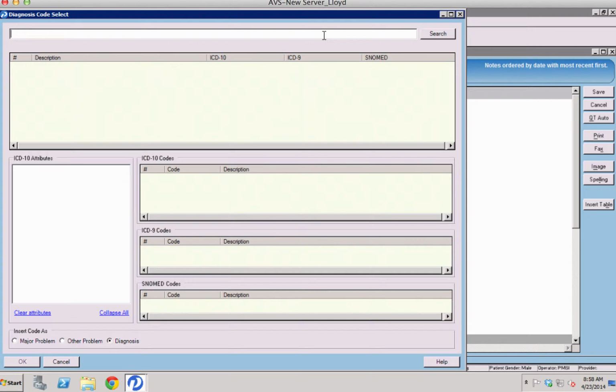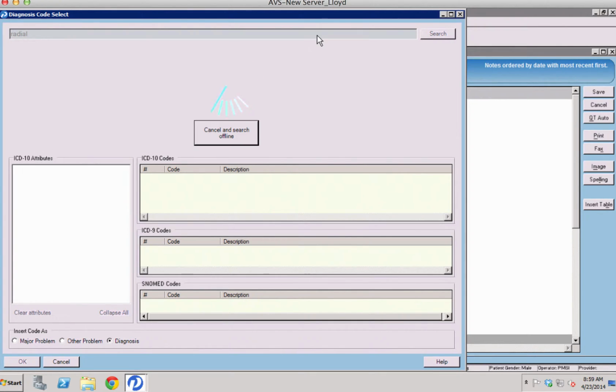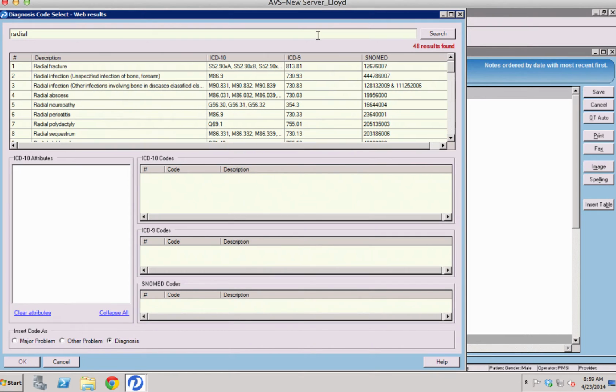So this looks a bit different from what you've seen in the past, and this allows for a much more natural language search. So if I just typed in as an example the description radial, it's going to go out across the internet and it's going to find all of the descriptions and codes that match that term. So we can put in here either the description or the ICD-9 or the ICD-10 code for the problem or the diagnosis that we're looking for. It does require internet connectivity from your workstation, and if you don't have internet connectivity, it will search your local